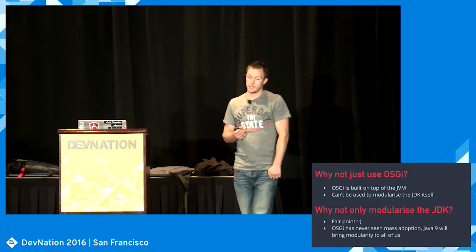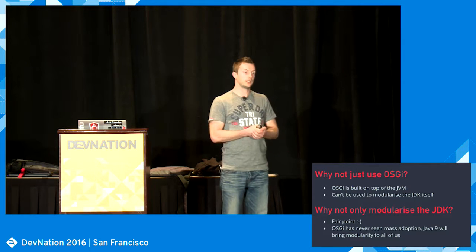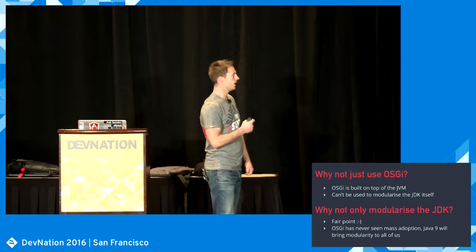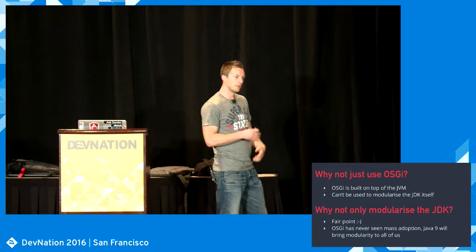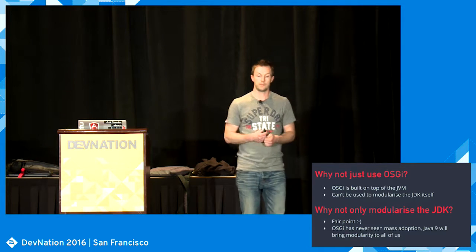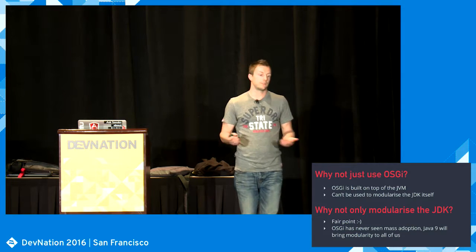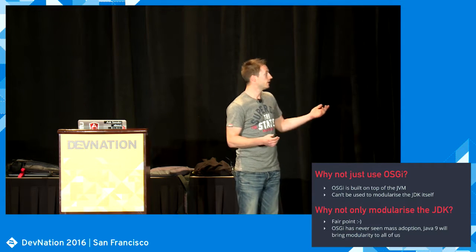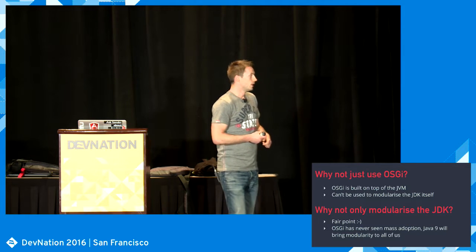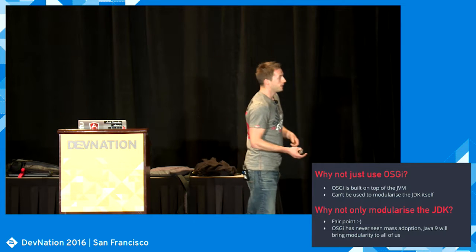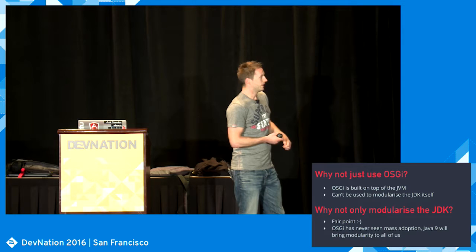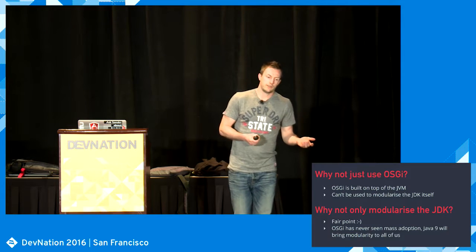But then, of course, you could say, well, great, modularize the JDK as you see fit, dear JDK team, but don't bother us with it. If you want modularity in the Java language, we'll just use OSGi, because that's been a solved problem. And of course, that's a fair point. I mean, you can easily have this discussion both ways. You can defend both ways. But even for someone like me who actually quite likes OSGi and writes books about it, I can't really deny that OSGi never has seen mass adoption.